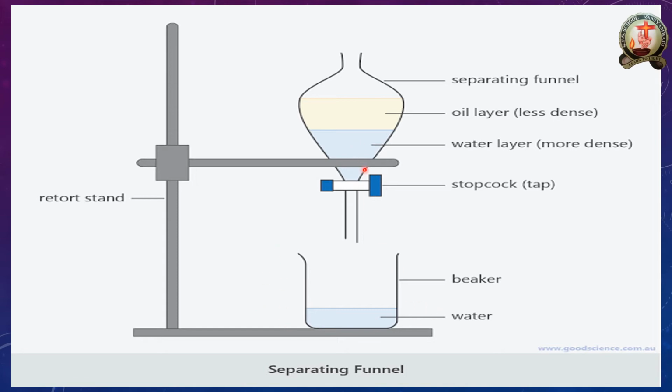Given some time, the high density substance comes to the bottom and the lower density substance, like oil, comes on top. So at a certain time we can open the stopcock so that all the substance settles in the beaker. Like that, we can separate a number of times and get pure compounds.